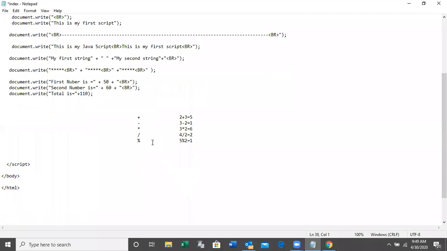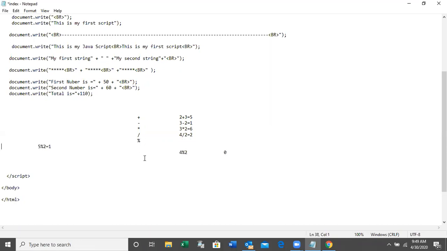So the result is 1. 4 modulate by 2 is equal what? 2 into 2 is 4, remainder is 0. Okay. So these are the arithmetic operators: plus, minus, multiplication, division, modulation.